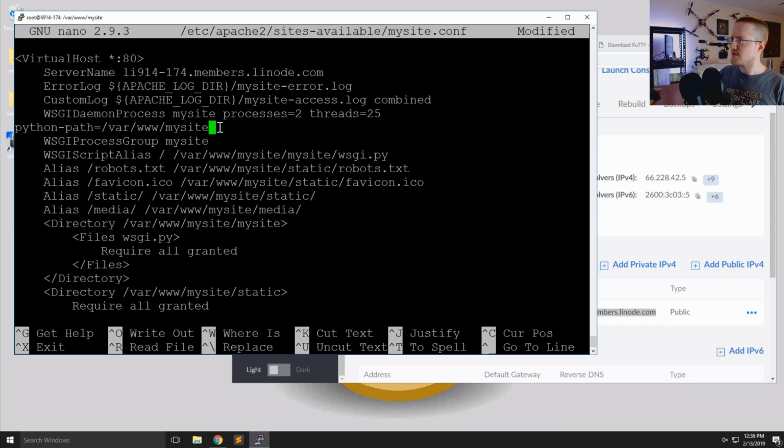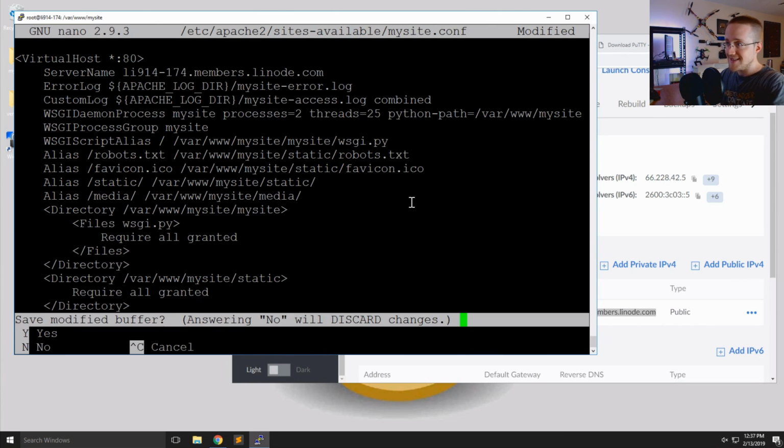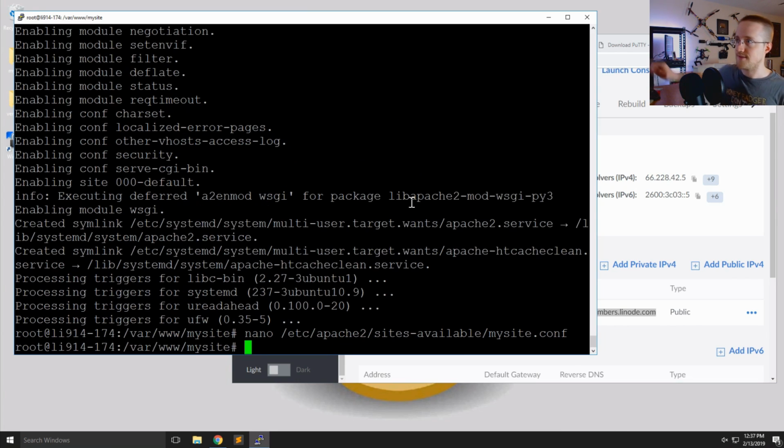Also, for some reason, my copy and paste puts this on a new line. Make sure that doesn't happen. That's going to hit a nasty error. So I'm actually going to delete here, so that's up in line with this variable here. Okay. So hopefully it doesn't screw us up. Anyway, Control X, yes, enter. Okay, so that's your mysite.conf,